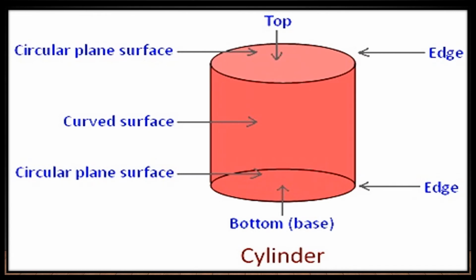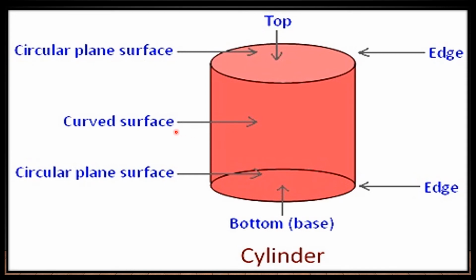Now children, see the third picture. This shape is a cylinder. Now a rolling pin has a curved face. A curved face actually helps in rolling. And also it has two flat faces. You can see above also and below also, the bottom base. So these are two flat faces, and it has one curved face and two flat faces and two edges, but